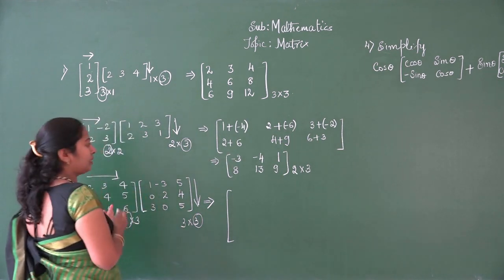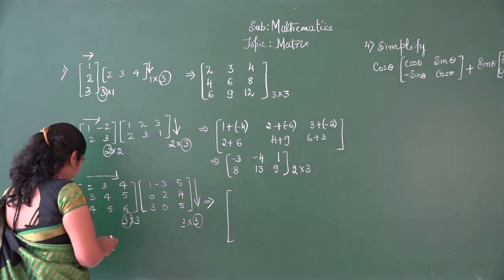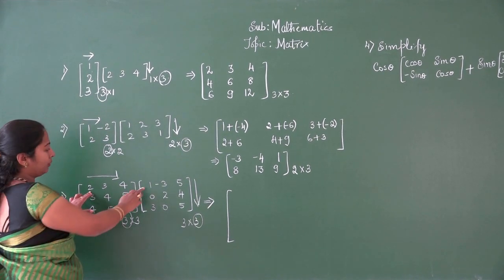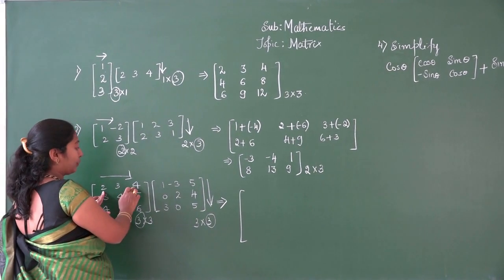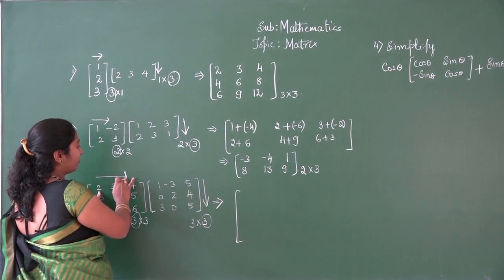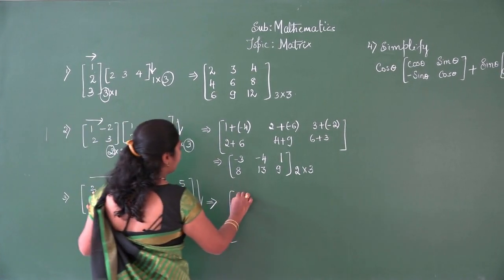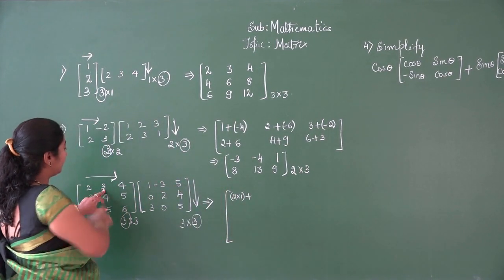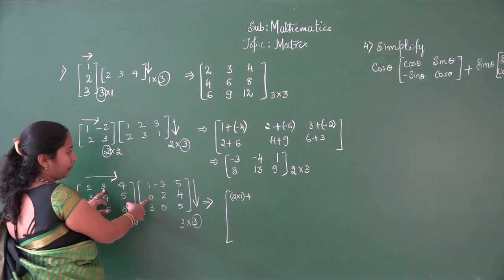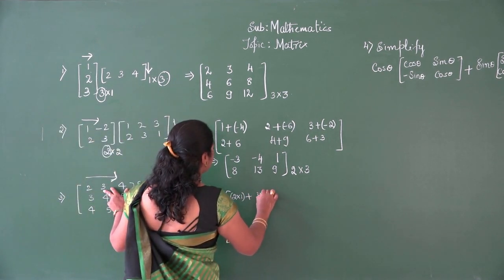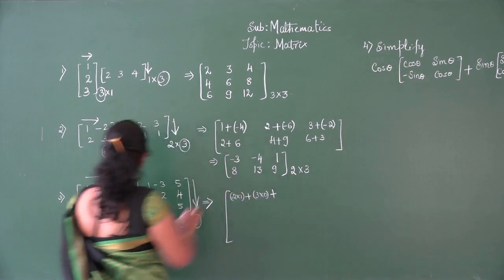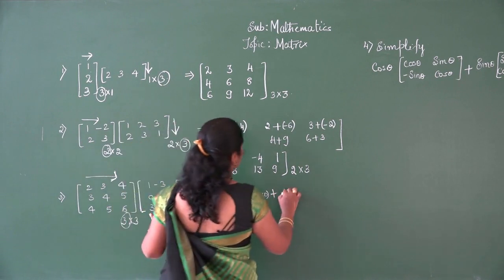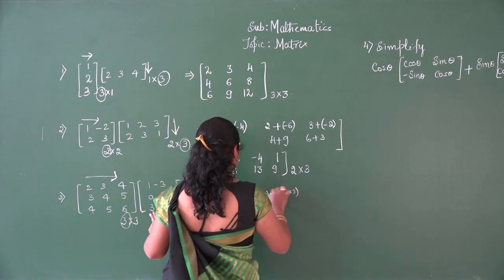So with a 3 cross 3 matrix multiplication, I will solve in detail. What is the corresponding element of 2? It is nothing but 1. We will start off with the first row. We will finish off with all the columns, which can be written as 2 into 1 plus, which is the second element, 3. The corresponding element of 3 will be 0, plus 3 into 0 plus, which is the corresponding element of 4, that is nothing but 3, which can be written as 4 into 3.